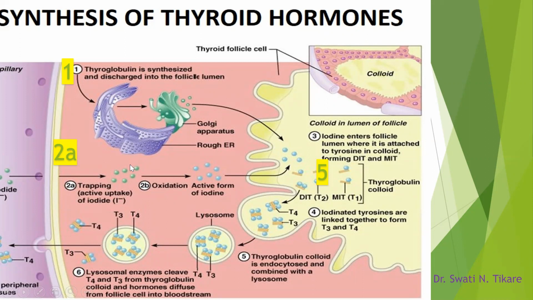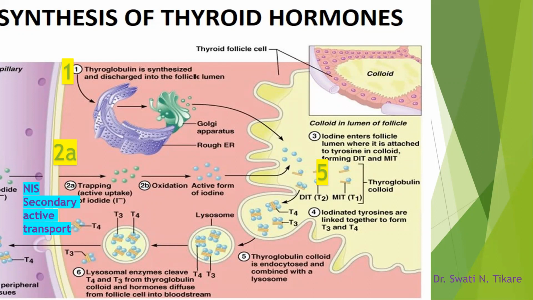Second step, we said iodide is entering from the blood vessel into the follicular cell. How does it happen? It happens by the sodium iodide symporter. So there is a carrier protein here. When it is taking sodium inside, it is taking iodine also along with it. That is, it is a secondary active transport. Somewhere else sodium potassium, I will not tell in detail what secondary active transport is here, but just remember it.